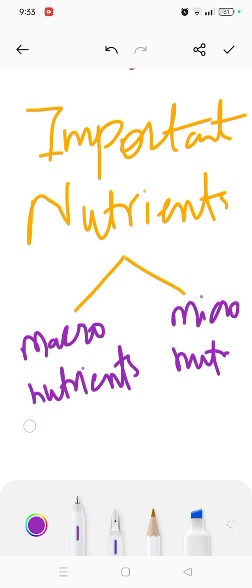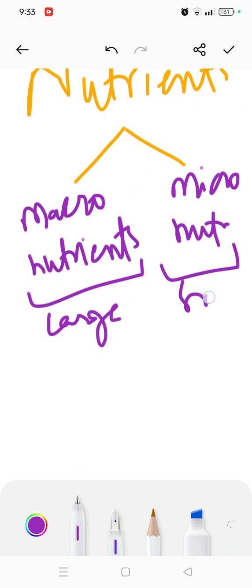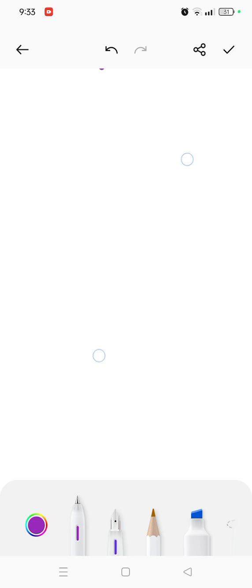Macro means large quantity required, micro means small quantities. So in this video we are going to discuss nitrogen, which is our first